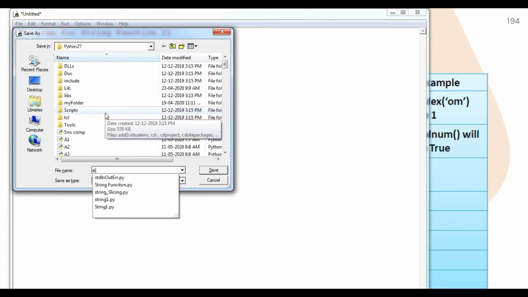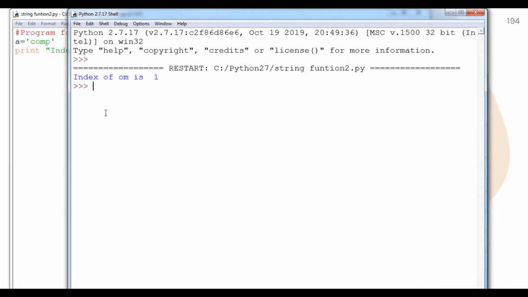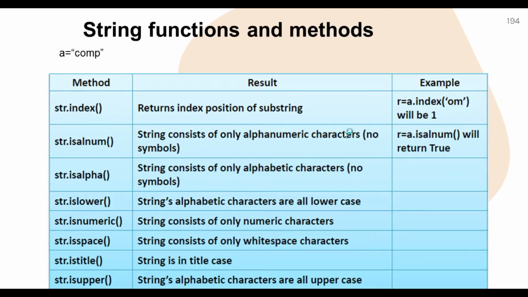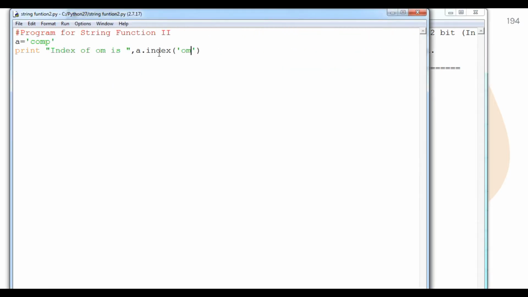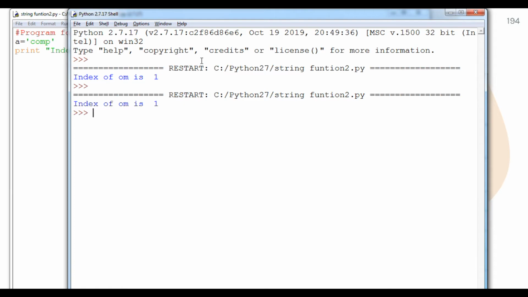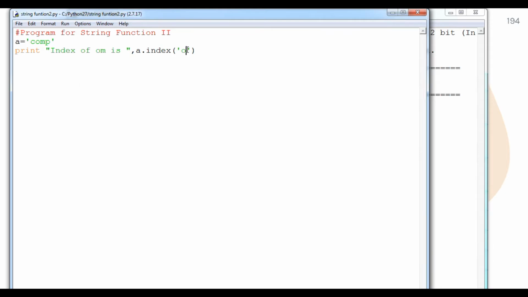Let's understand what will come. Now let's see what the output is. There is 1. One thing, students: if you search only for o, the output will be the same, because if the first character is matched, it is counted according to the first character.